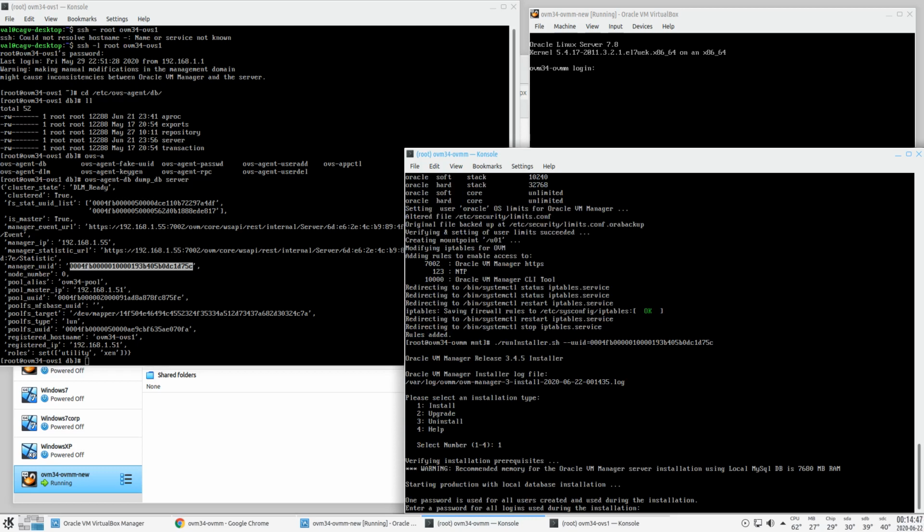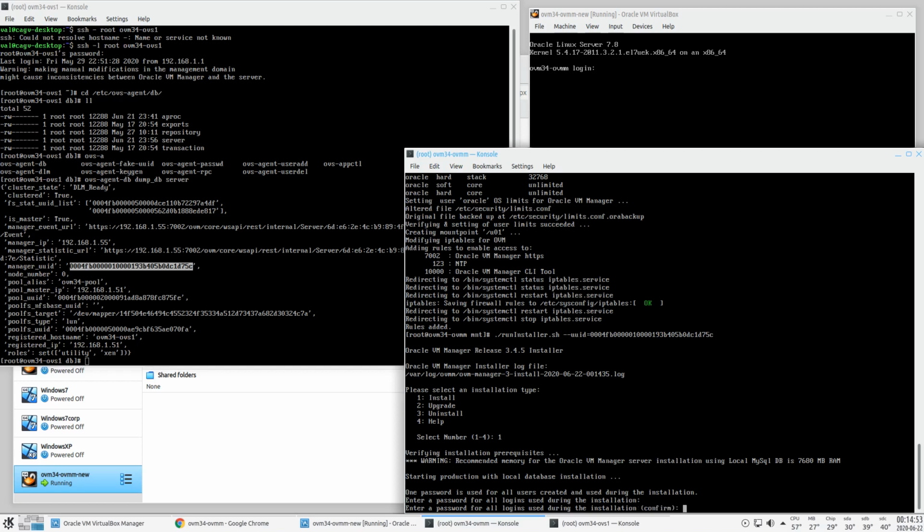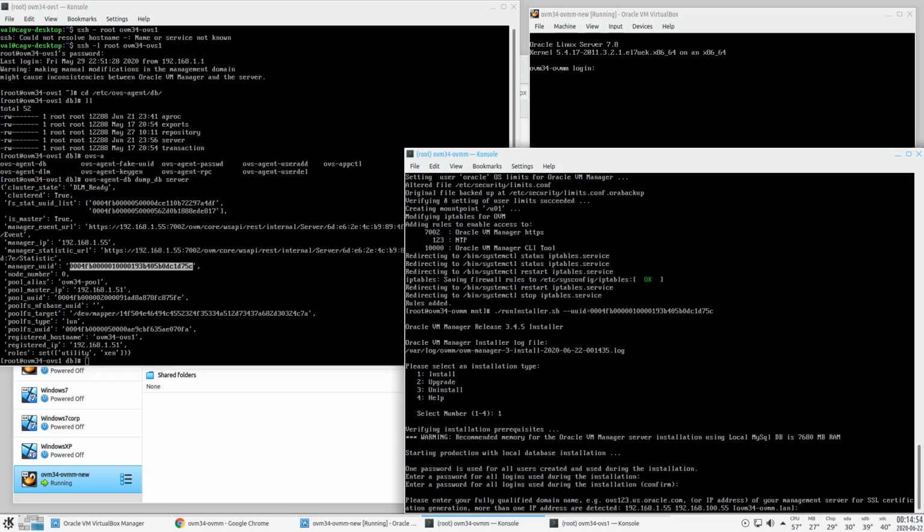Okay, another thing that we need to know, and I hope you have that, because I also have that, is the OVS agent password from the current cluster. It's always very important to store that information in a document. So okay, as you watched before,